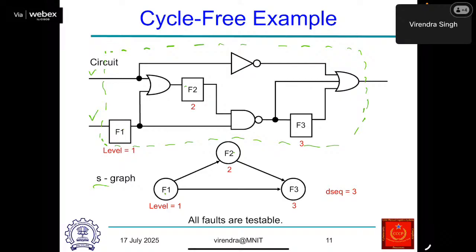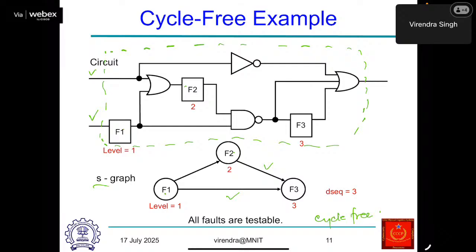F2 and F3 also there would be an edge, because the path exists, and hence I draw an edge between them. There is a path from flip flop F1 to flip flop F3, and therefore there would be an edge between flip flop F1 and F3. And now there is no cycle in this, it is cycle free,